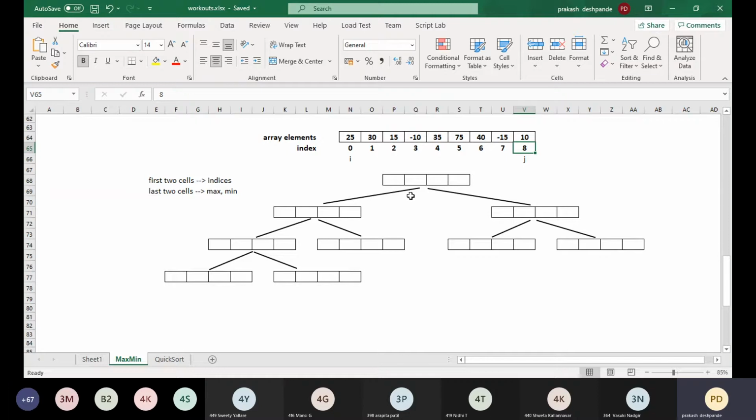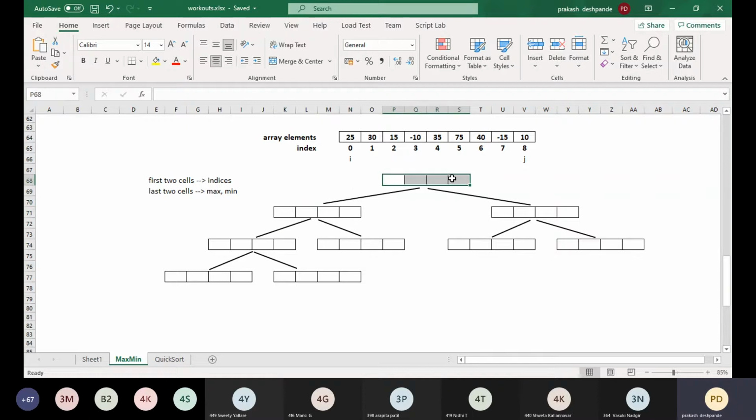So basically, what does a binary recursive tree mean? Suppose we need to plot certain nodes, certain elements, which will be further divided into two halves. Exactly two halves, it will be subdivided. Further, that subdivision will again be divided into two more halves. Like that we will continue dividing until we reach the small problem, which we have defined to be a sub problem consisting of either one element or two elements.